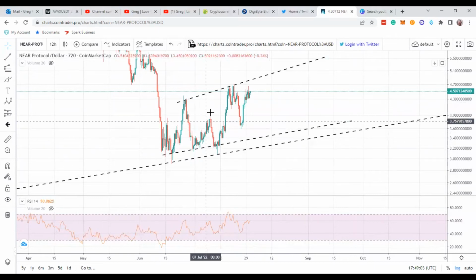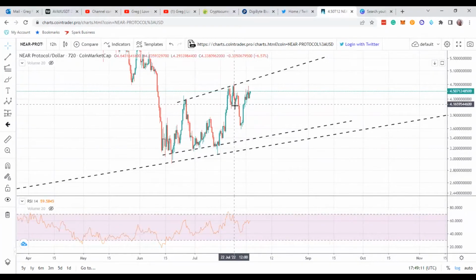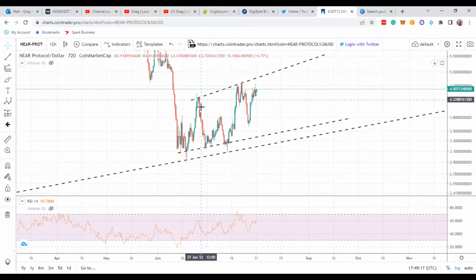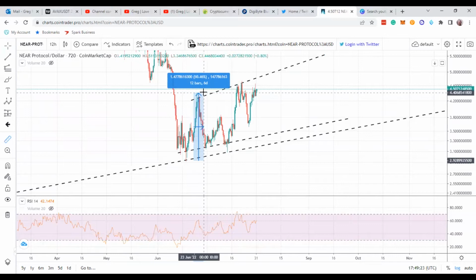So 3-wave move down for a 2, and then a move here for the 3 with some divergence. Okay. So this right here, if I was to say that this was going to be something, more than likely with Near Protocol, I measured these waves. So this wave, it's an expanding diagonal. You check that wave, it's